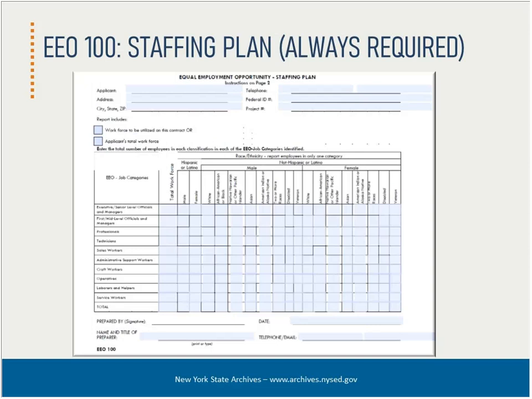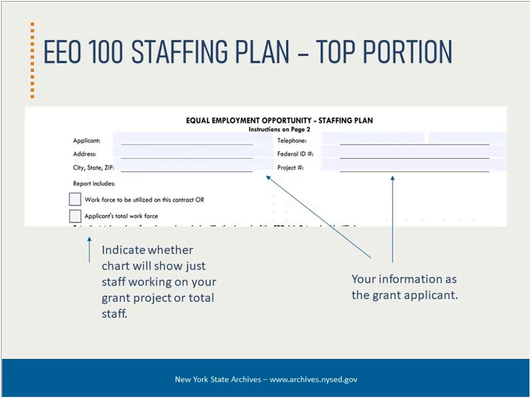The purpose of this form is to compile data on either your total workforce or the staff, if any, that will be working just on your proposed project. So let's look at the EEO 100 in more detail. Let's start at the top, usually a good place to begin. The top lines are for information about your institution, such as the name of your institution on the applicant line, address, telephone number, Federal Employee Identification Number, or FEIN, and project number, which is generated by the eGrant system when